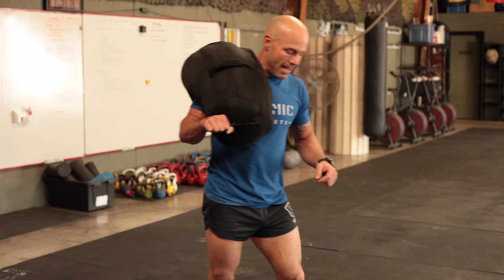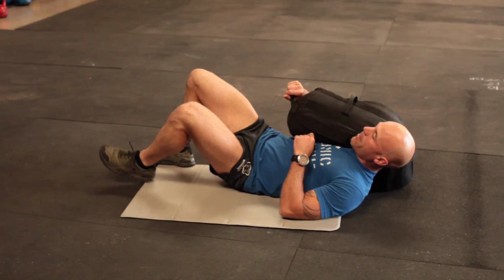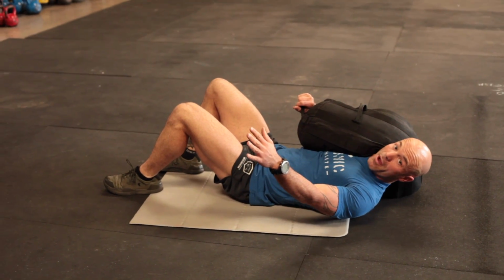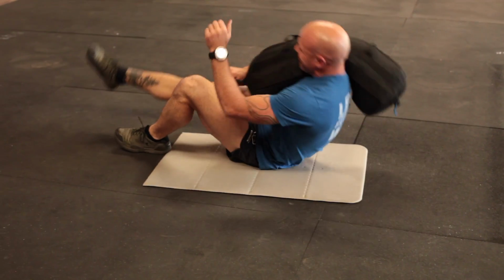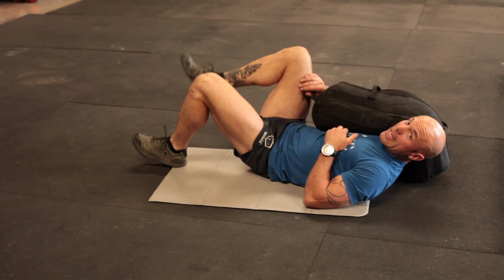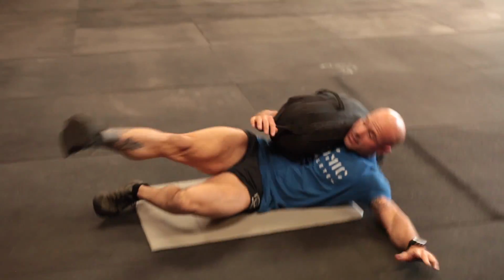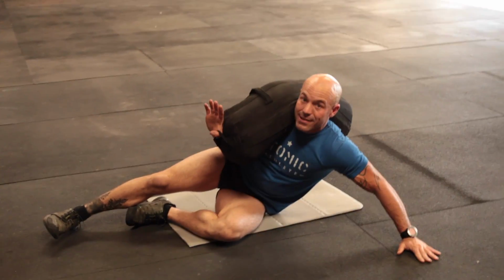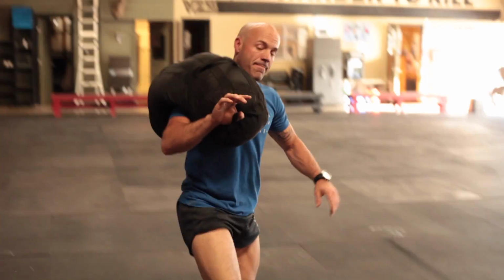Final mistake is when people get in that bottom position right here, they try to do a traditional sit-up. So instead of cocking and rolling off to my left side like so, I try to get here, and it's very, very challenging, okay? You have to put your body in an advantageous position by rolling slightly to the left so that weight stays up above me, and then now I can get under the bag, stand up in that